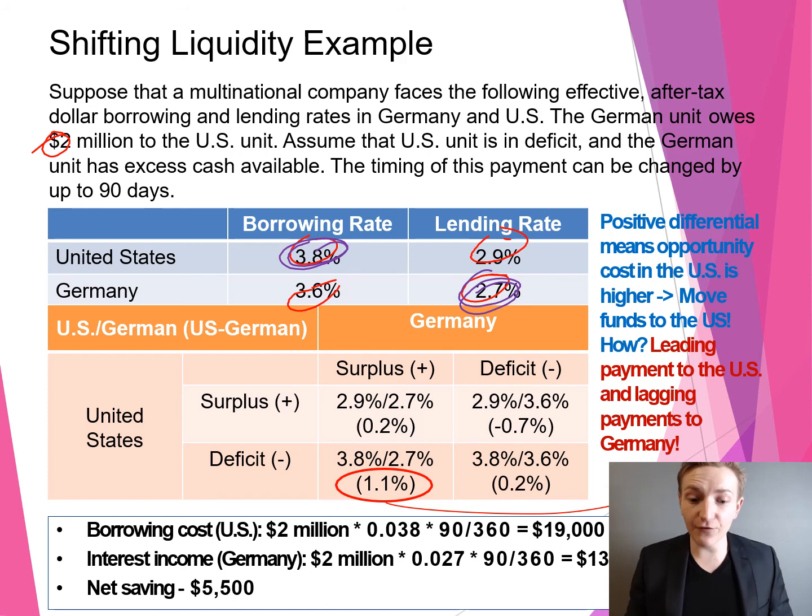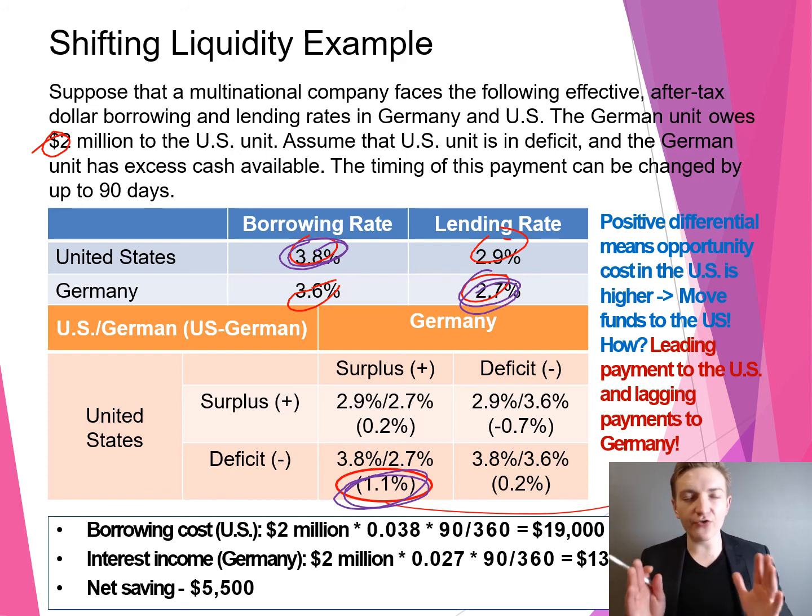So therefore, we have a differential of 1.1%. This means that effectively by leading that payment, there's a 1.1% per annum interest rate differential that is relevant here. So this means that one would want to engage in a degree of leading here because it's going to be beneficial. And there's going to be clearly a net saving in this case. So the borrowing cost of this, assuming just a 360-day year for the sake of something super easy, the borrowing cost would be 3.8% multiplied by the time period, so 90 days over 360. Then we multiply that by the amount,